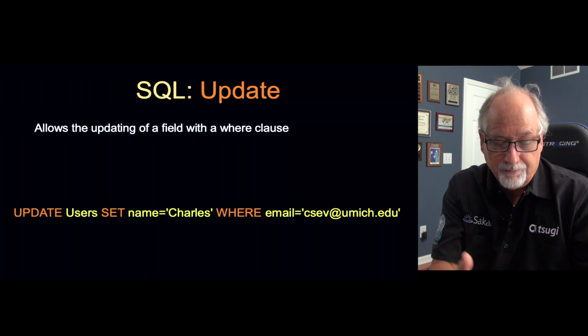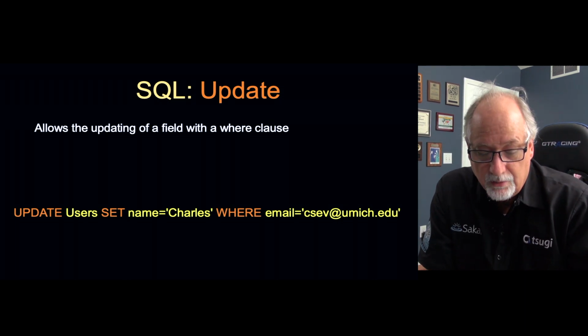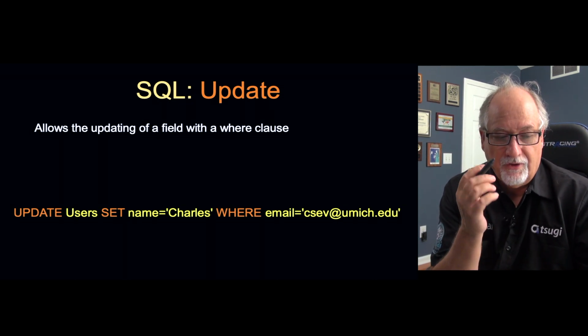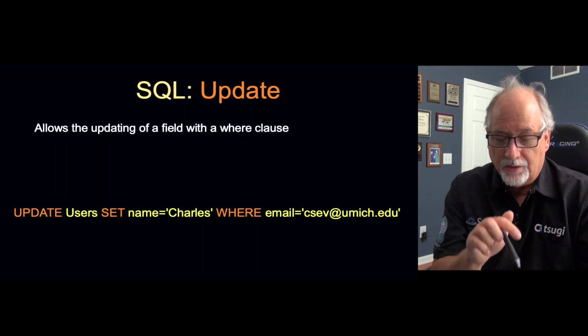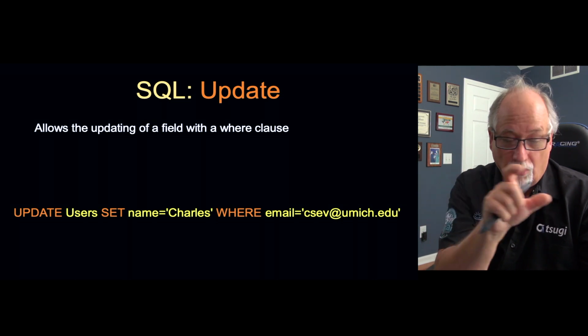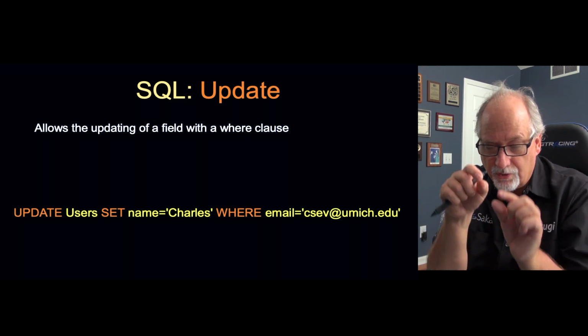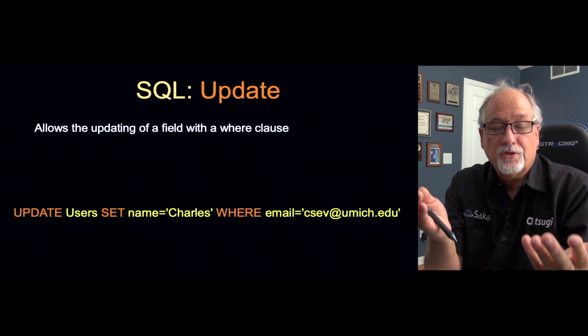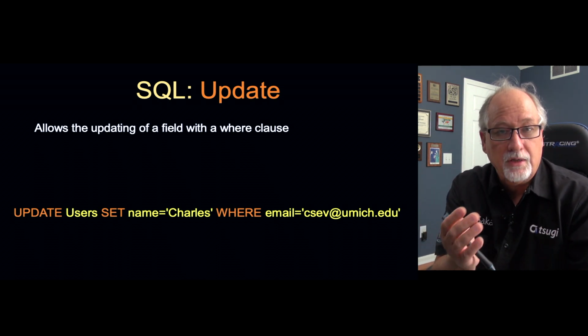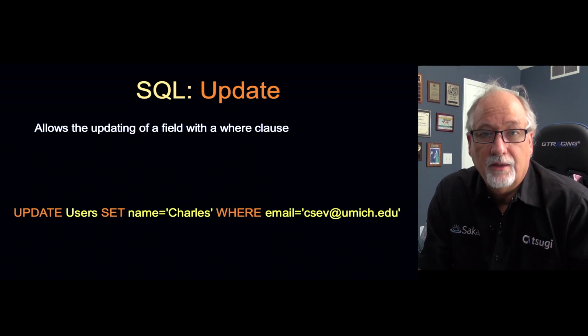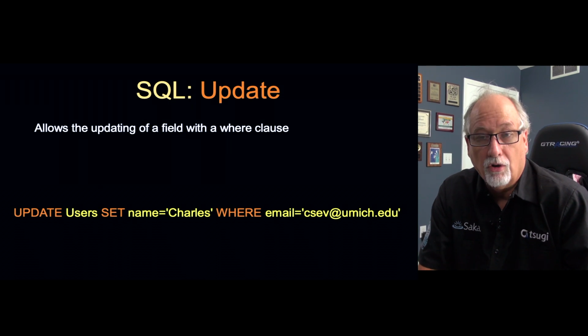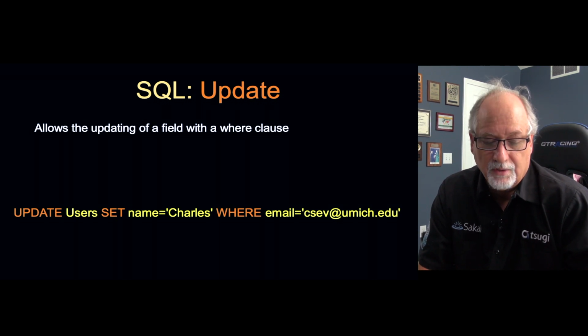And again, update users, which is the name of the table. Set is, and then name equals, which is the field name and new value. And so you can do all the columns, you can do one of the columns, you can really zone in on this. And then there's a where clause, because if you don't put a where clause on the update, it implies that this is for all rows, and you don't really want to set the name to be Charles for all the rows. You just want to set the name to be Charles where this is true, because again, this,